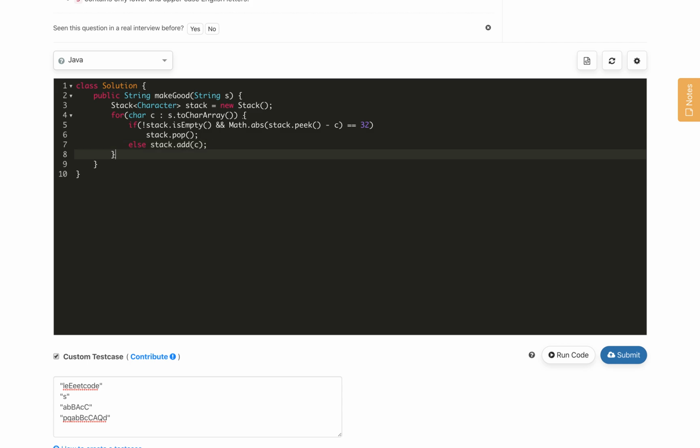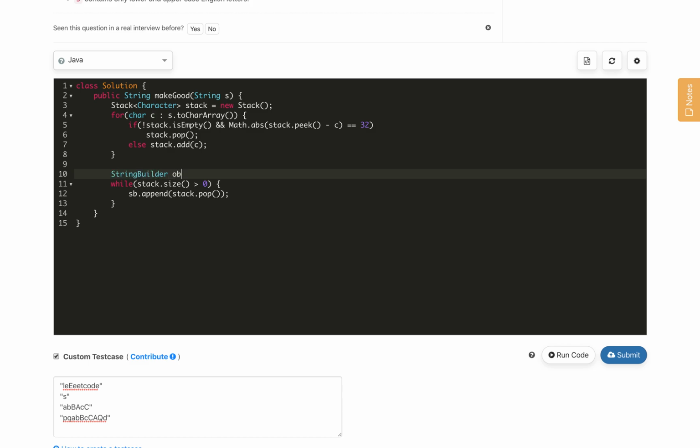That is it. Then once we are done with this, we will check and construct: if stack dot size is greater than 0, then fetch all the characters and append them to a string builder. So, let us append the stack dot pop into the string builder, and define the string builder here.